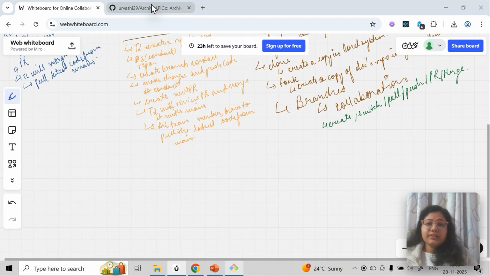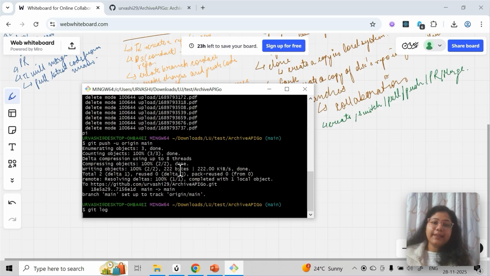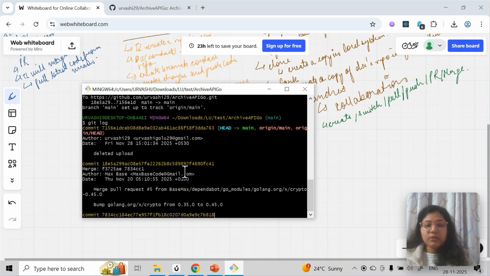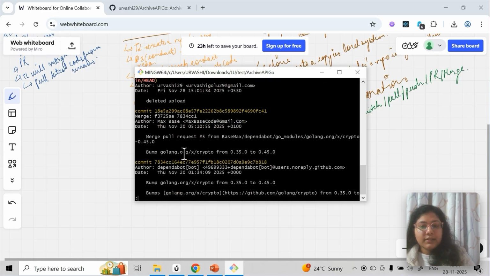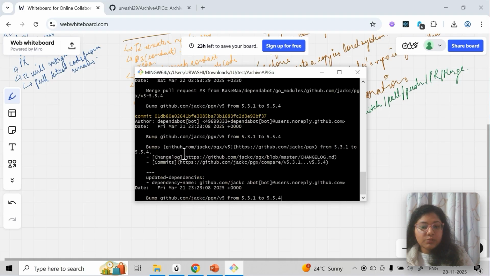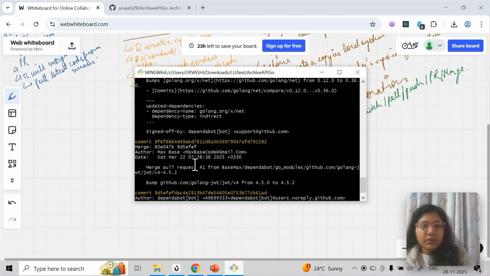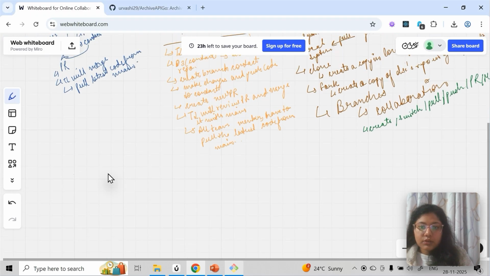Now after this there are a few commands which you can read. Also there is one git log command. So what is the use of git log? Git log will tell you how many commits have been made on this GitHub repository by you and that person, in the latest one. If you keep on pressing enter you will get that. See, this much amount of commits has happened. So you just run one command called git log.